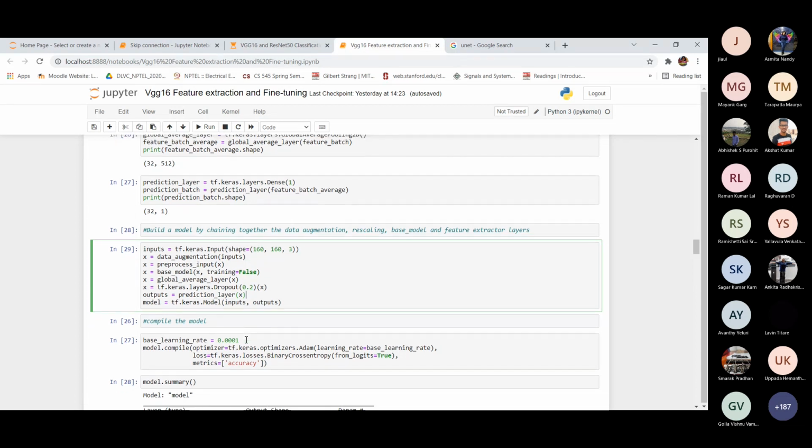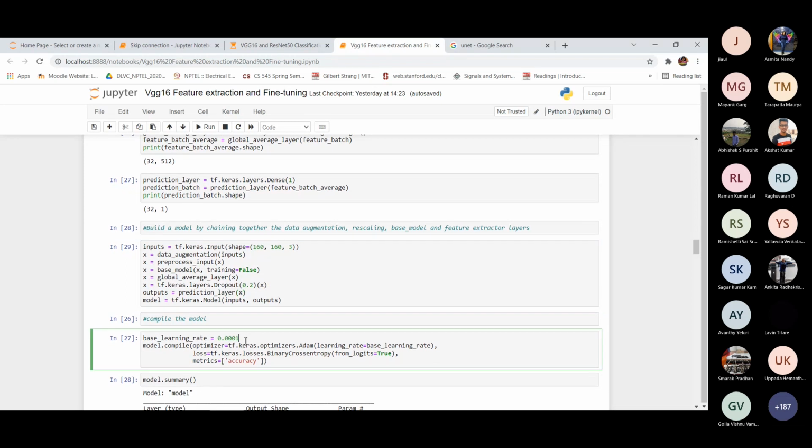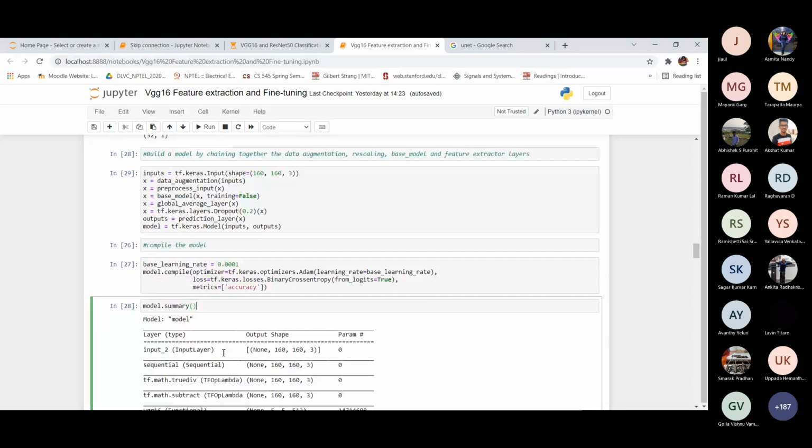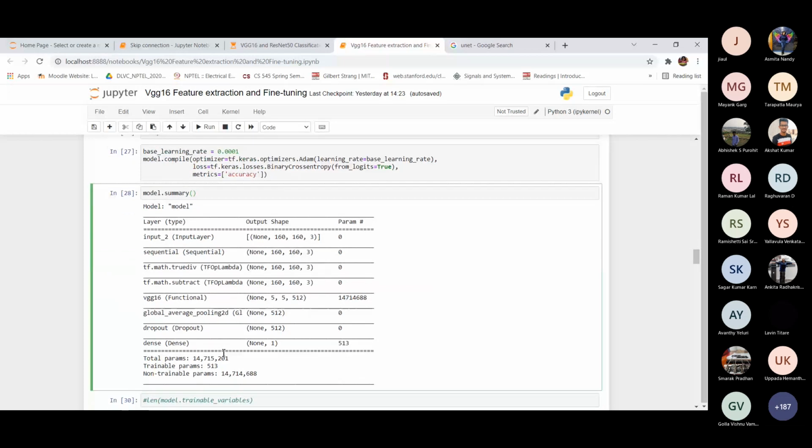So here we can compile the model. In compilation, in model.compile we add the optimizer, loss function, and the metric also. Here we are using the Adam optimizer and binary cross entropy loss, and the metric is accuracy. So here we will again print the model summary.